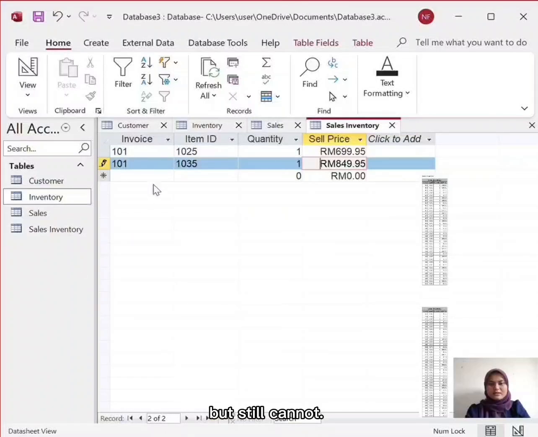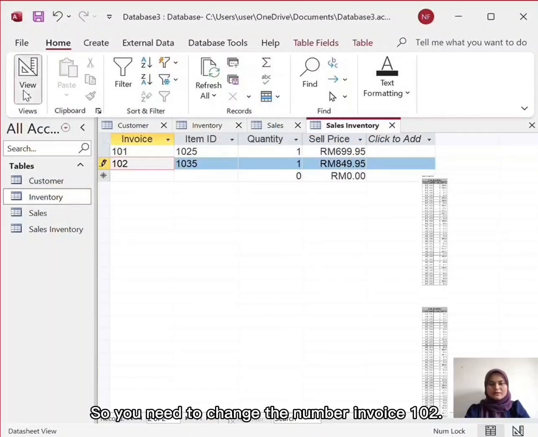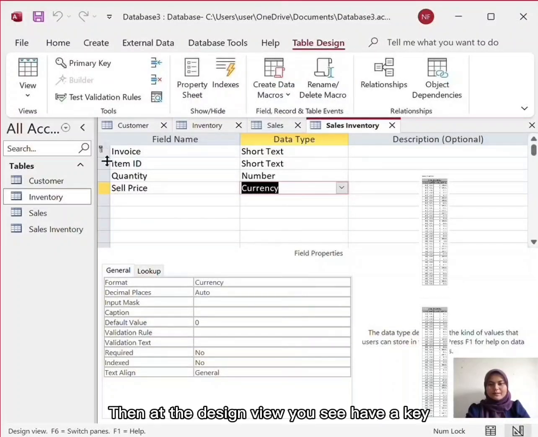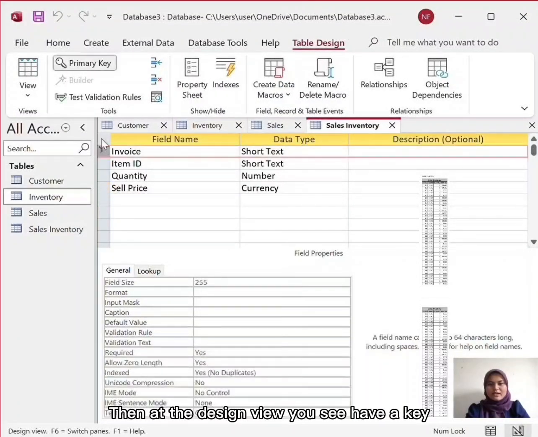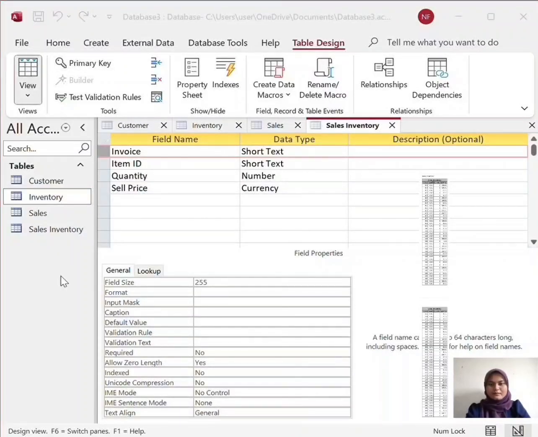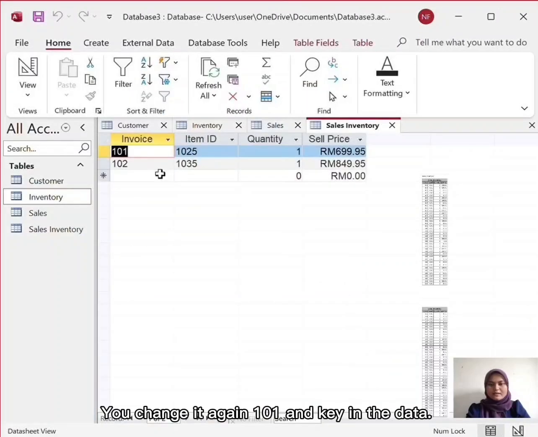Okay, but still cannot, so you need to change the invoice number to 102. And then at the design view you see there is a primary key, right? So you need to unclick the primary key. Okay, so you change it again to 101.